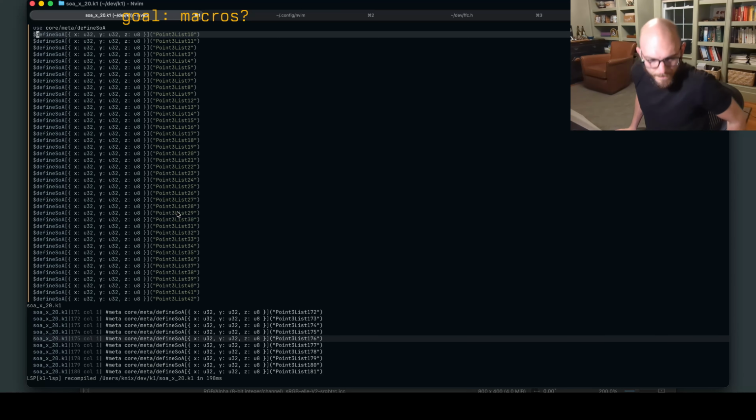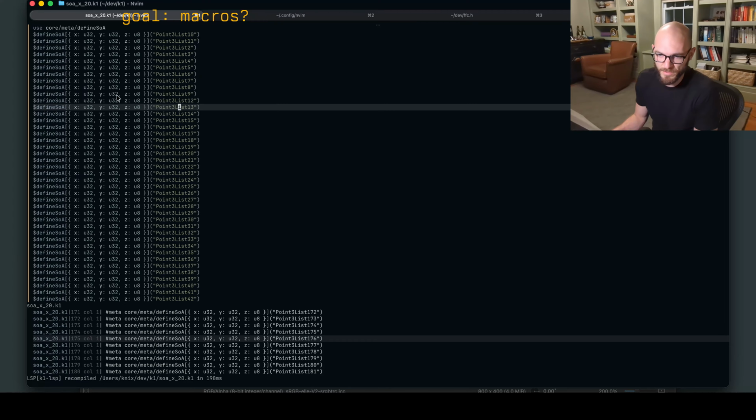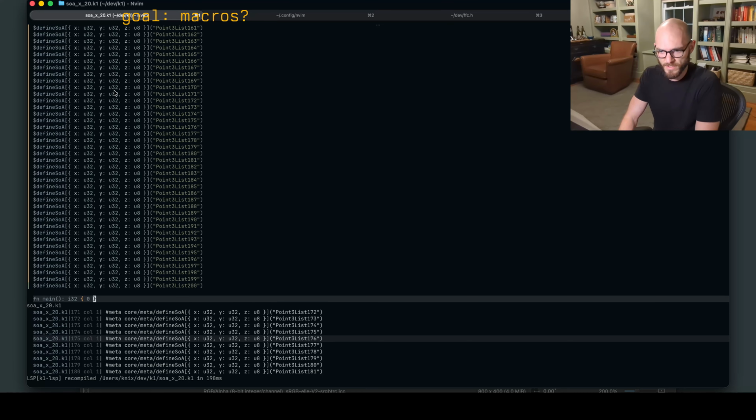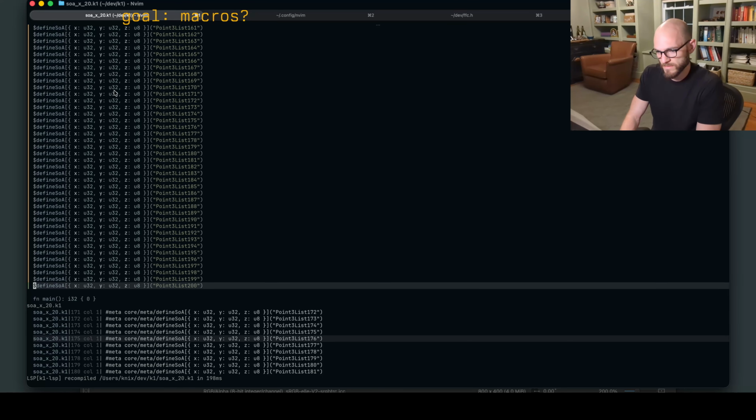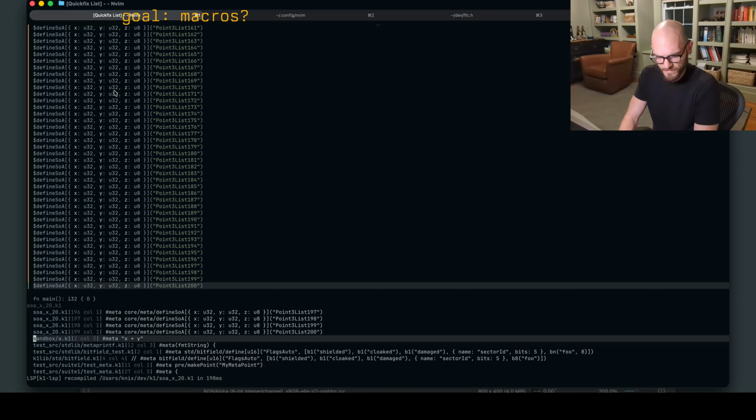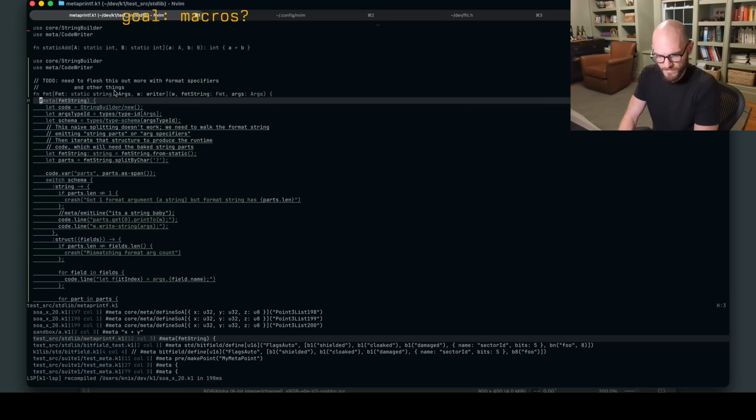That's cool. This is my stress test of how fast the interpreter is, or how slow the interpreter is, by the way. Deriving SOA 200 times. Okay. This is the standard test.